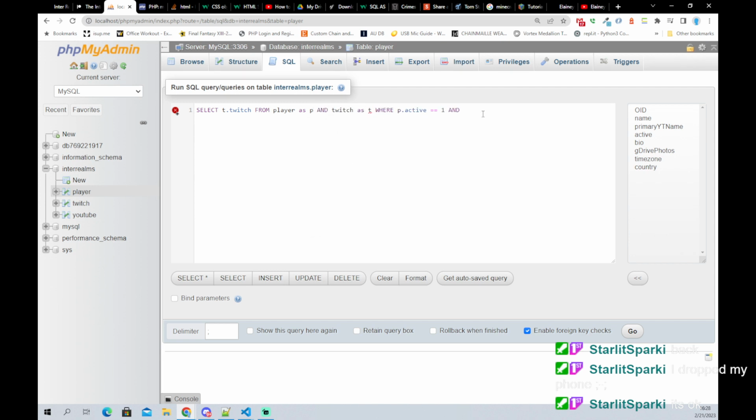Hang on, I'm gonna write this all out, then we're gonna fix issues because it looks like I've already got issues, so that's fine. There was an alias previously found. Okay, we're gonna keep going. So we're saying where the player is active, and p.oid equals t.player OID. Okay, so they're active. Now we're saying, from the active people, look at the player OID and make sure it matches the Twitch player ID.